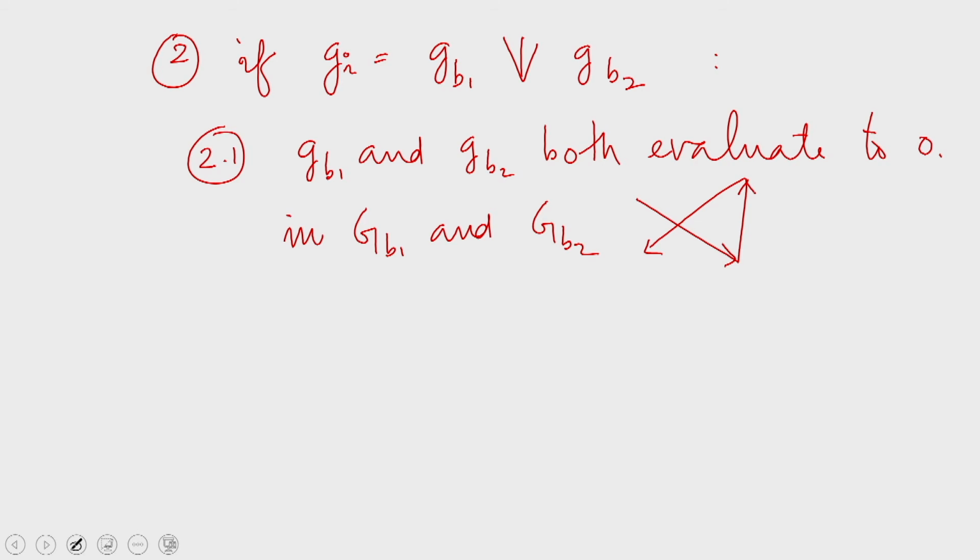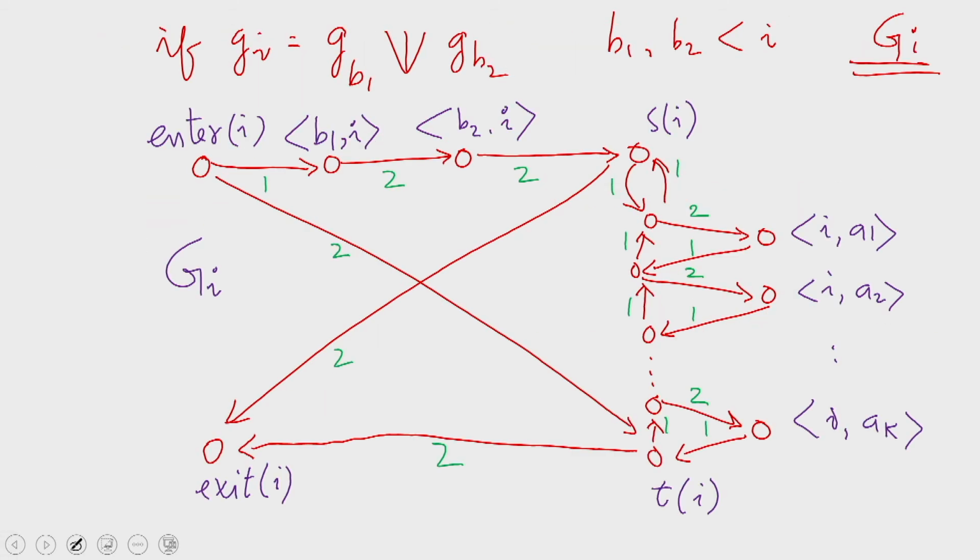Now, imagine the graph GB1. In GB1, B1i was a vertex on the right hand side like this. Instead, if you imagine GB1 here, i is a gate that comes later, which will use the output of GB1. Therefore, the vertex B1i would appear on the right side. Now, we know that GB1 evaluated to 0. Therefore, in GB1, the path taken was from enter i to T of i and then up through the exit i, which means all these vertices on the right hand side had not been visited,